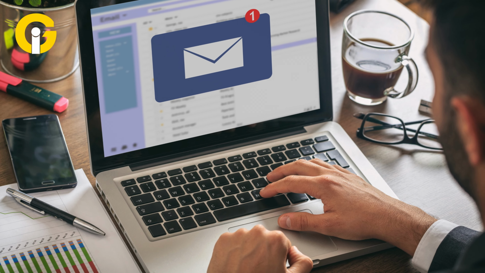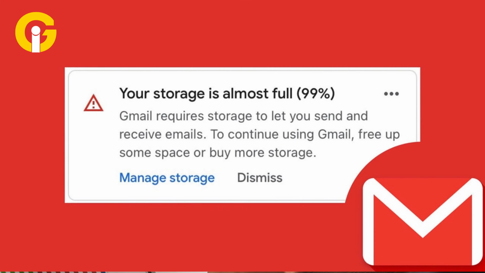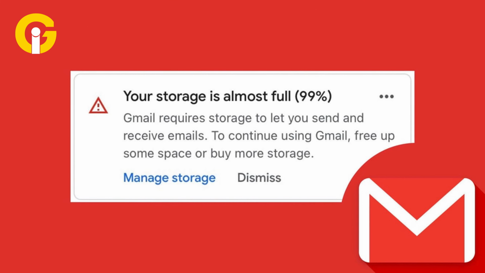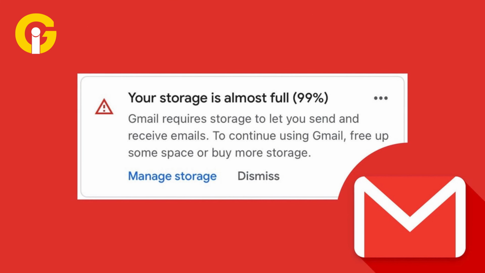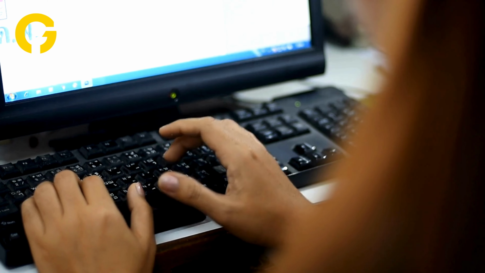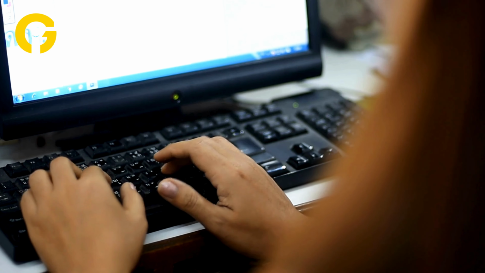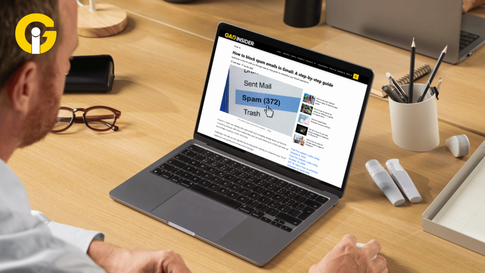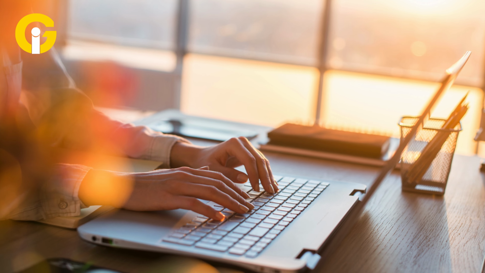If you're a Gmail user, dealing with spam emails and managing storage space can be time-consuming. However, with a few simple steps, you can easily block spam emails and clean up your storage, ensuring a clutter-free inbox. GadInsider will walk you through the step-by-step guide, helping you streamline your Gmail experience and stay focused on important